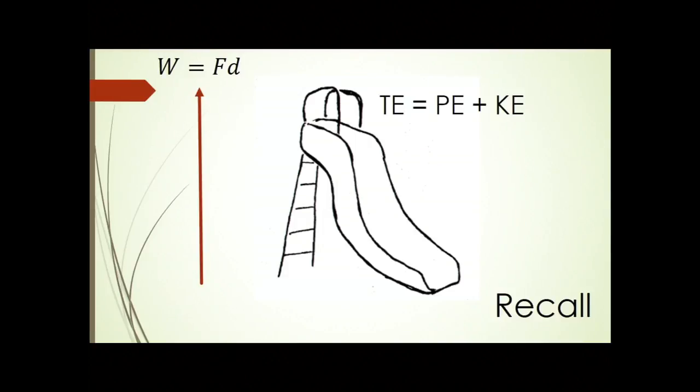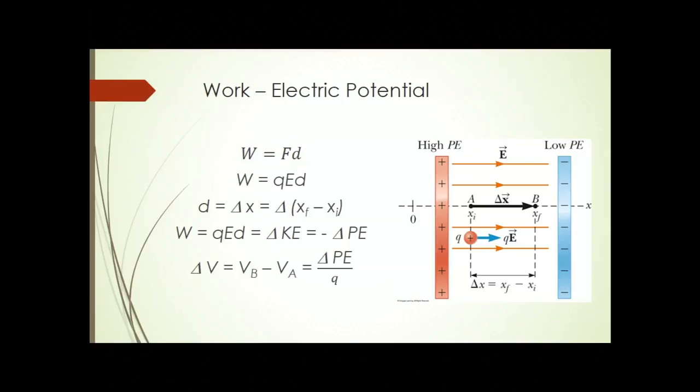So let's look at the diagram here that you've seen in your book. I'm going to write it out a little bit differently. I'll switch over to the document camera here. But I have my uniform electric field. I've got 2 plates, a uniform electric field. And if I put my test charge in there, my test charge right here is going to experience a force. That force is the charge times the electric field,